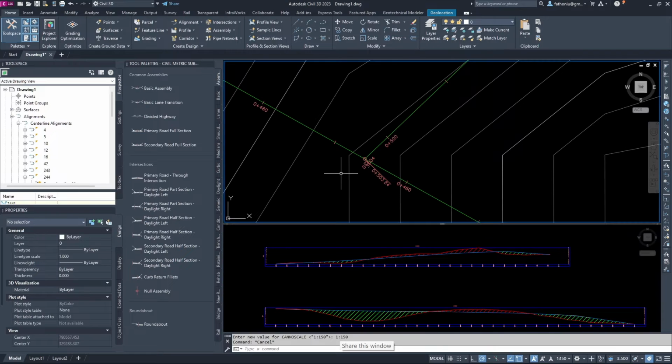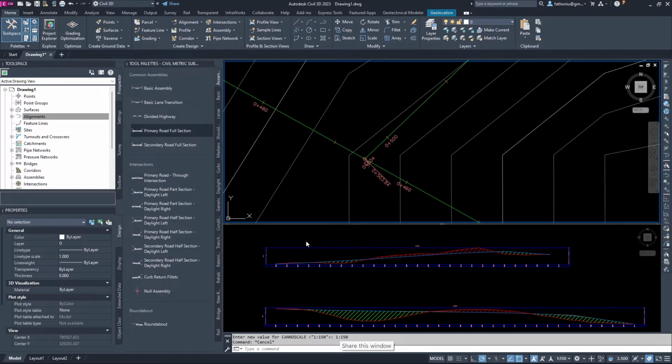Okay, back to this one. Once you already have the component of this one, even though we still don't have the assembly, because we want to follow the assembly that is available here, then we modify. So go to Home, and then go to Intersection, Create Intersection.